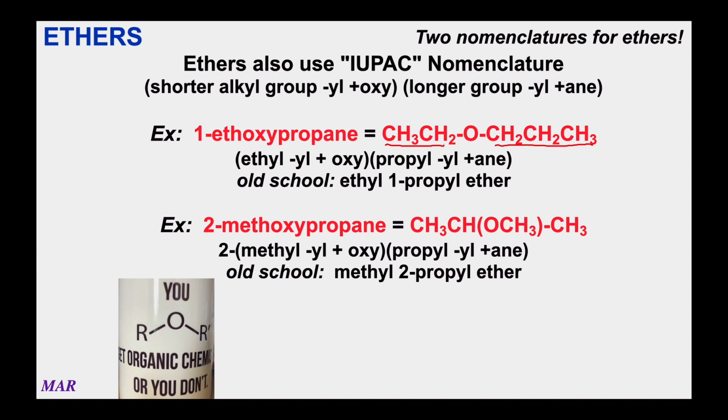The second one has a methyl group, and then there's a 3-carbon system that the ether is connected to. So the OCH3 is connected to the second carbon in a propane. The OCH3 we would refer to as a methoxy group, shorter number of carbons, CH3 versus propyl. It's off the second carbon in what would be propane if it was just all hydrogen, but obviously it's not. So 2-methoxypropane would be the official name using the newer system.